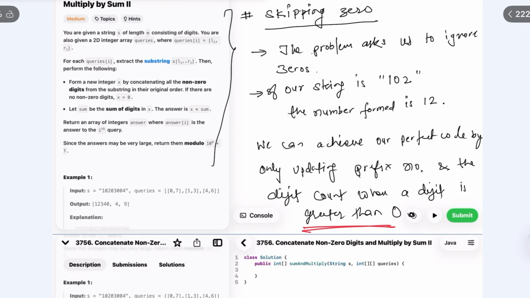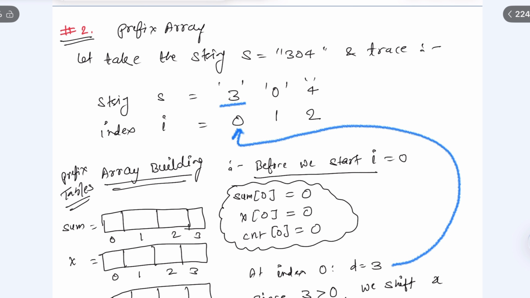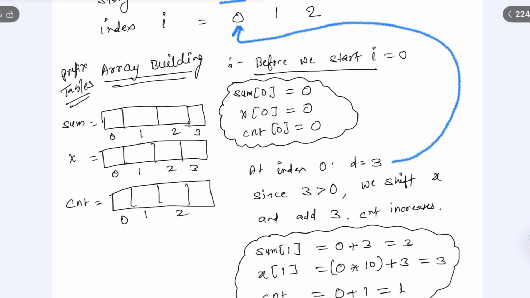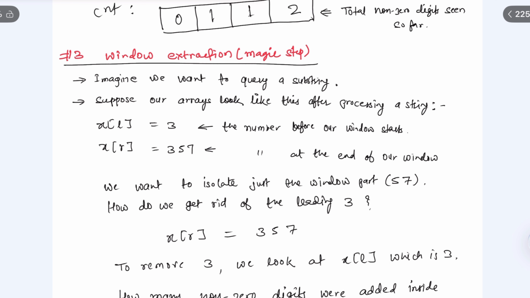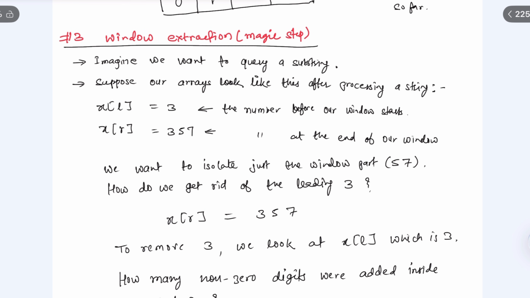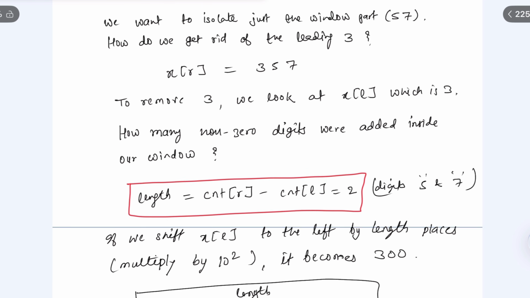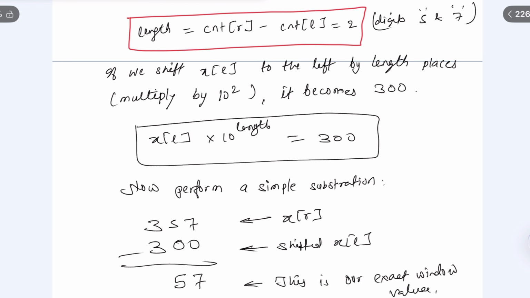And we have to form the number, right? Then we have the prefix array, so we will use the prefix tables to build these values. So it will be easy for the window extraction, because that is the magic part. We need to find the length, and then once you find the length, you just apply this value, and you will get X at r, shifted X at l. You just need to subtract and you will get the window value. So this is what we want,